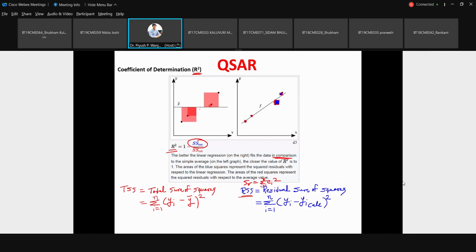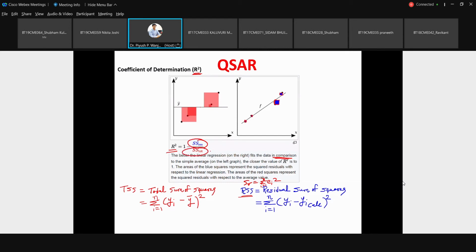Because you can clearly see the difference. The criteria you used earlier is clearly taking all the data points into consideration properly, whereas this is a very approximate criteria. This is a very crude criteria.